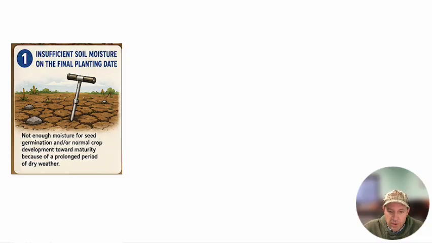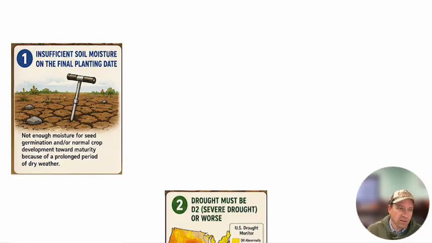As we get to the final slide, I'm going to review all these other final plant dates, but wheat and barley wouldn't be till May 31st, so we'd have to get all the way till then without a significant rainfall event for this to fly. So that's the first trigger.